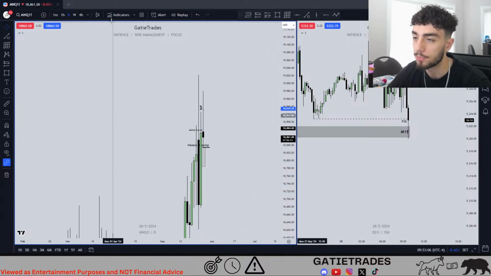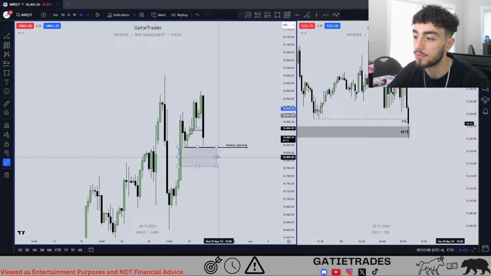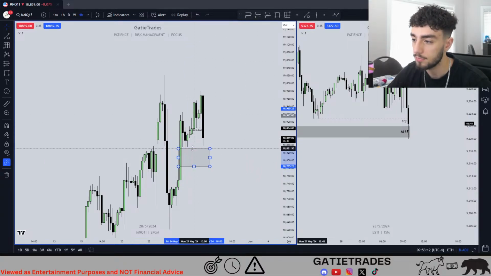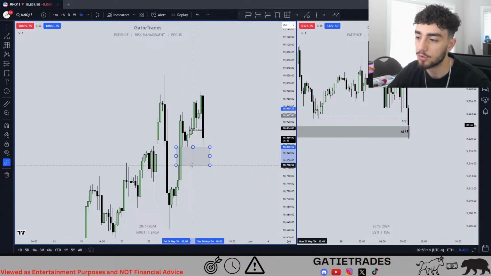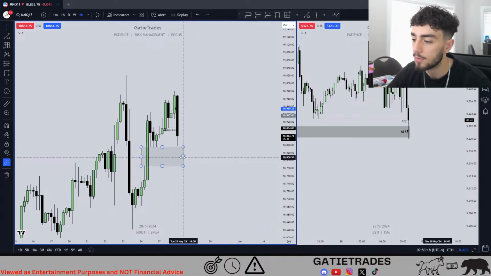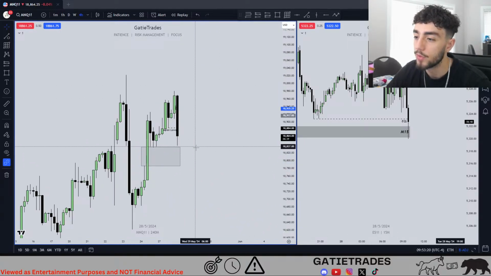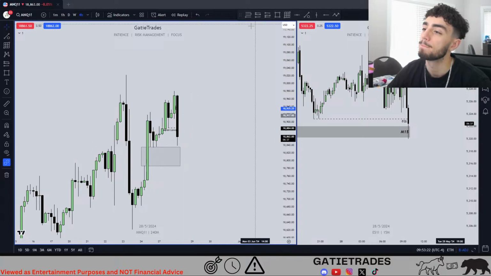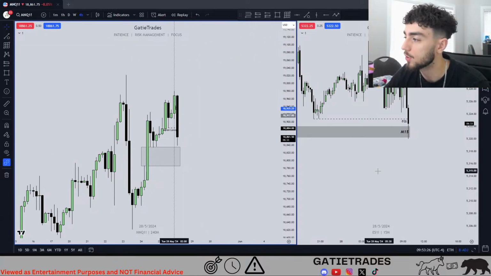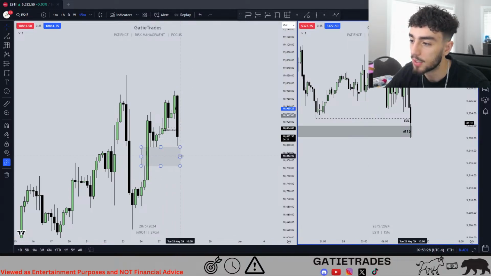Is there a daily fair value gap? No. There's a 4-hour bullish fair value gap, huge drawn liquidity. So there's many ways to see it. You could have just seen this fair value gap and been like, yeah, I think it's gonna come down here. But the idea is Tuesday low of week. So we're trading the manipulation of the weekly candle because we're bullish. You could say it like that.